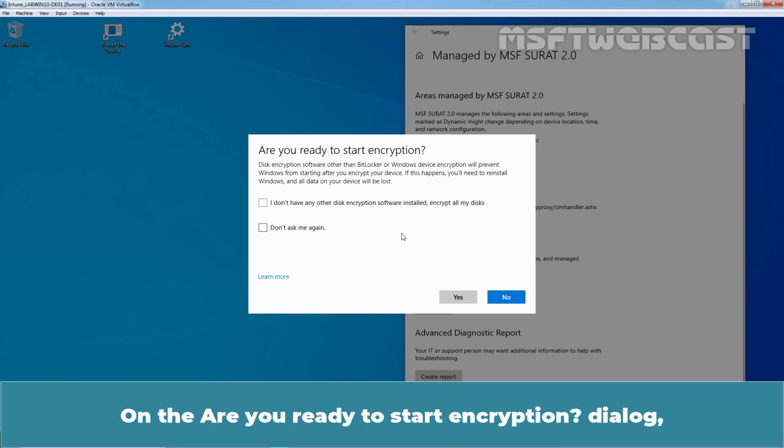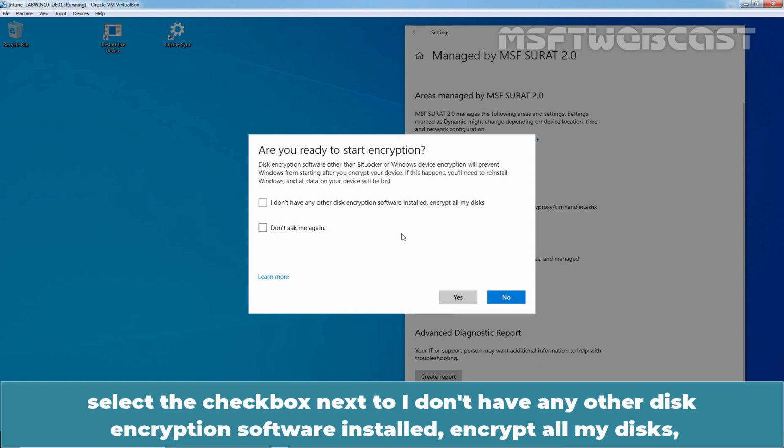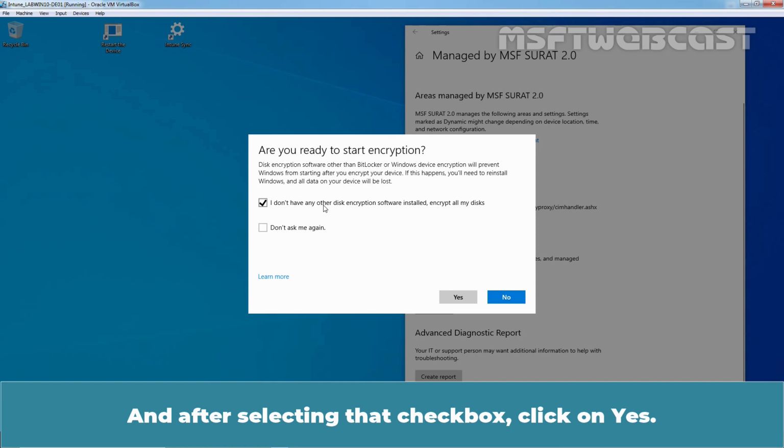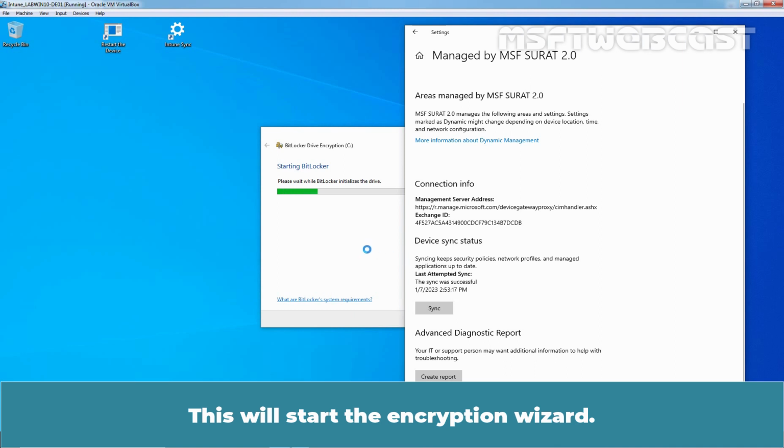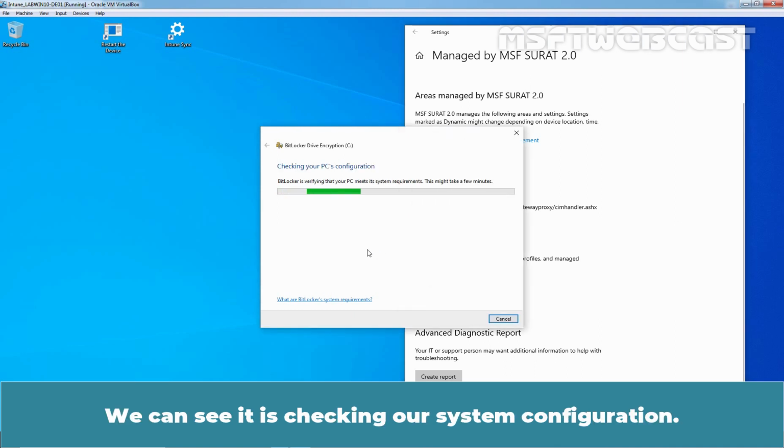On the Are you ready to start encryption dialog, select the checkbox next to I don't have any other disk encryption software installed. Encrypt all my disk. After selecting the checkbox, click on Yes. This will start the encryption wizard. We can see it is checking our